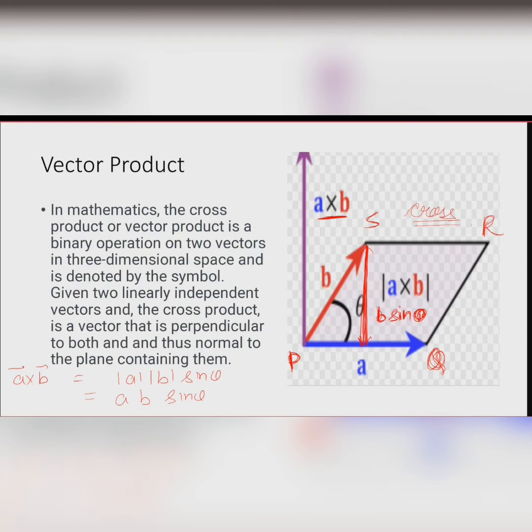Okay, why am I telling you this? Because at times there are questions where you are given two vectors and you are asked to find the area of the parallelogram with those two vectors as the adjacent sides. So how to find the area? It means that you are being asked to calculate their cross product. Sometimes the questions are not asked directly, but in a roundabout manner.